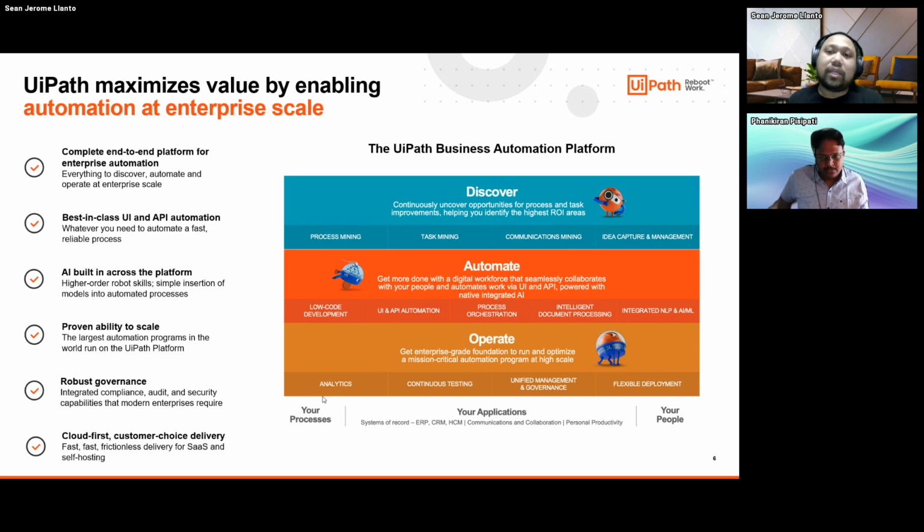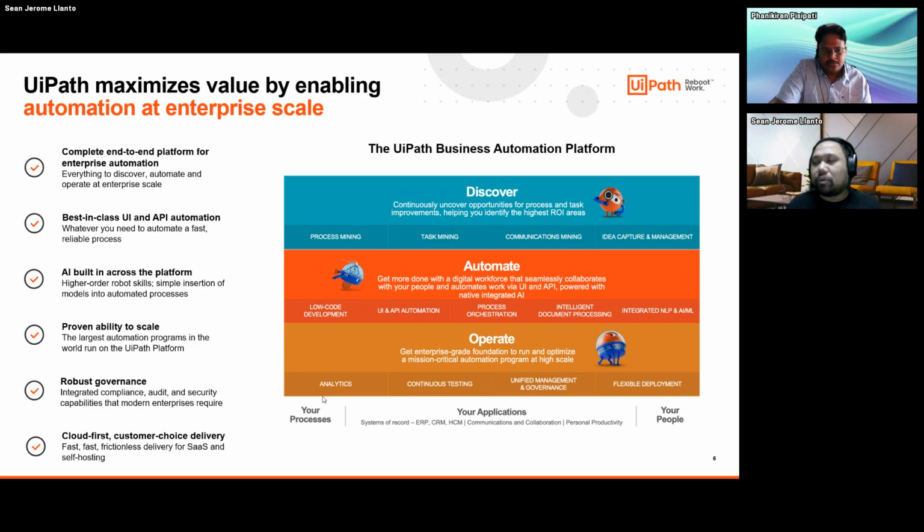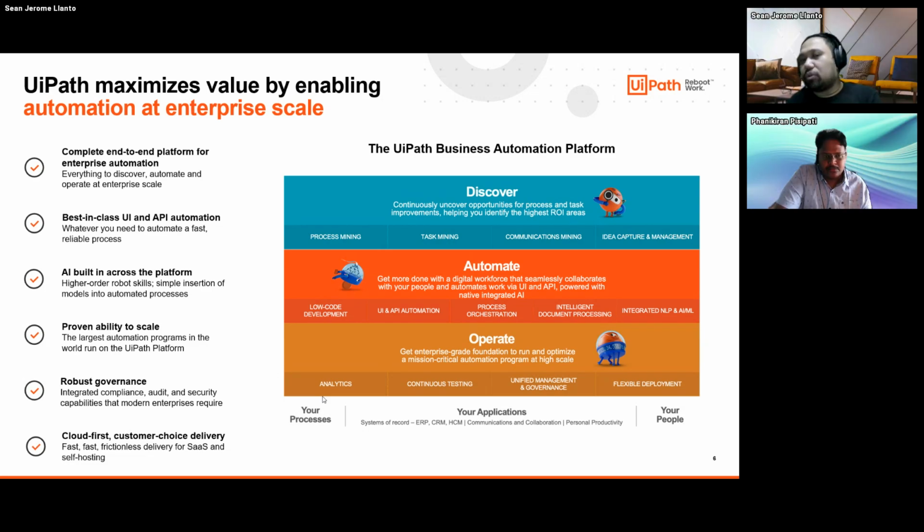We also have UiPath communications mining that allows you to identify possible opportunities or sentiments of your customers, to be able to streamline these requirements into an automation workflow as well. I won't go deep into it, but basically, yeah, that's how it helps and supports our customers and businesses